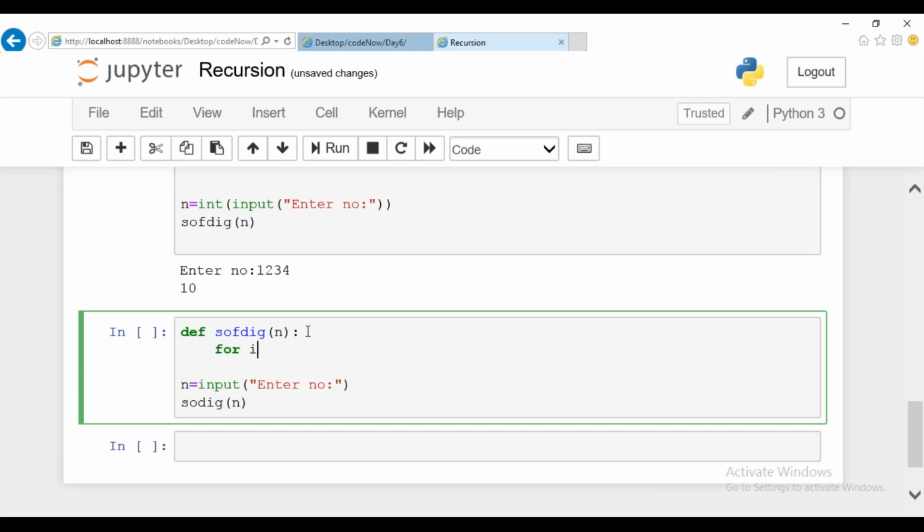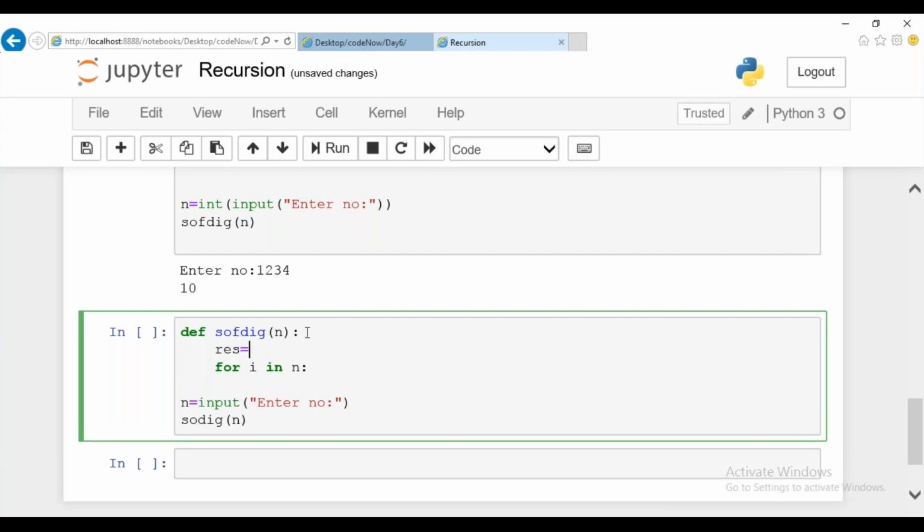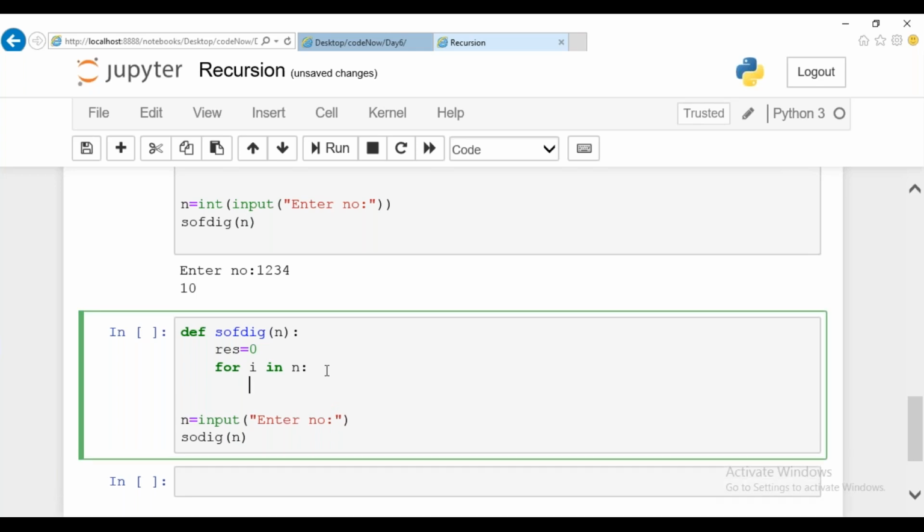So you'll have for i in n, where n is what we are accepting, and result assigned 0. Here it is the same iteration, guys. This string will be iterated character by character. Whatever input I'm accepting will be of string type, so if I'm accepting 1, 2, 3, 4, it will be treated as a string and you're going to iterate character by character. You can add it by typecasting each character as an integer. Clear? It is a string type, you can typecast it, and then you can print your result.